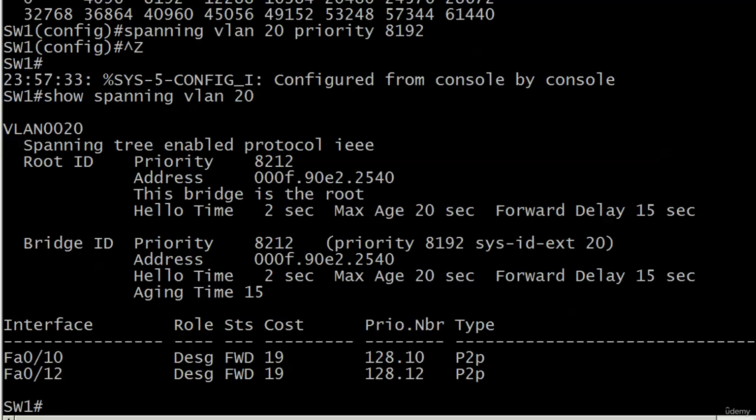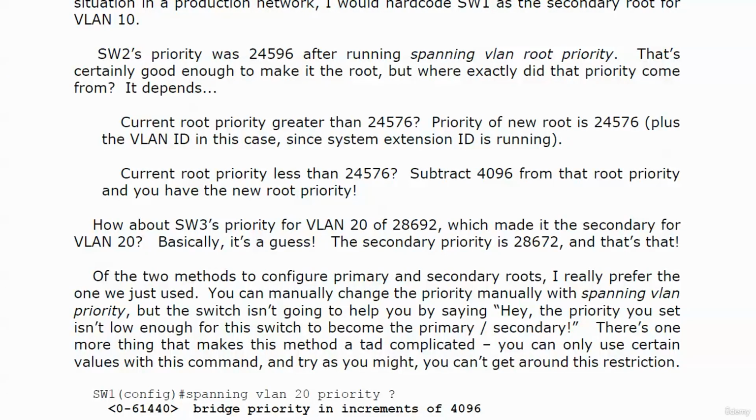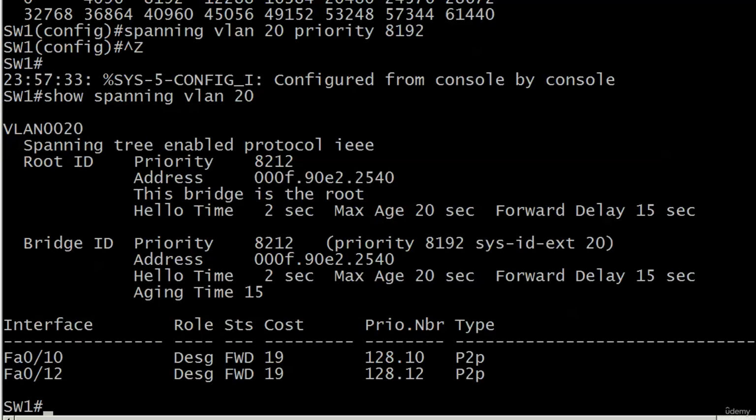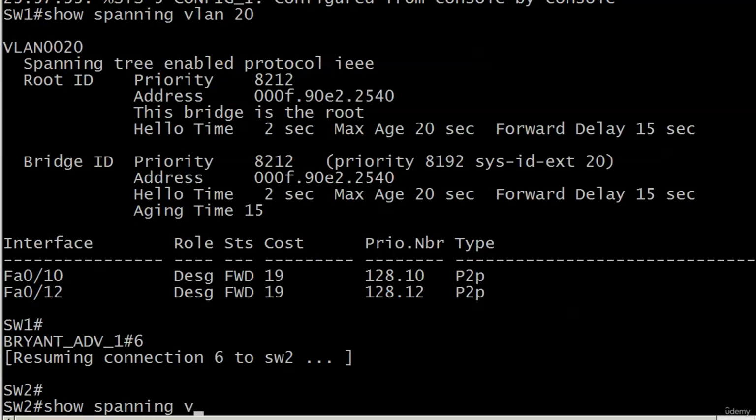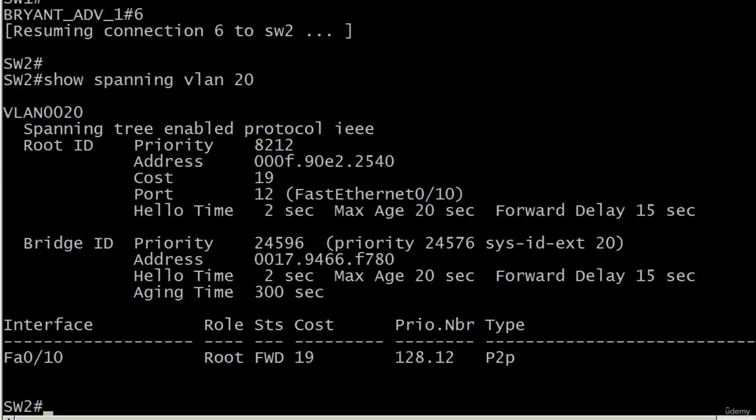That, of course, is the original priority of 8,192 plus the VLAN ID, which is 20. So let's go over to switch 2 and see what's going on there. Show spanning VLAN 20. And you can see that switch 2 now recognizes switch 1 as the root,